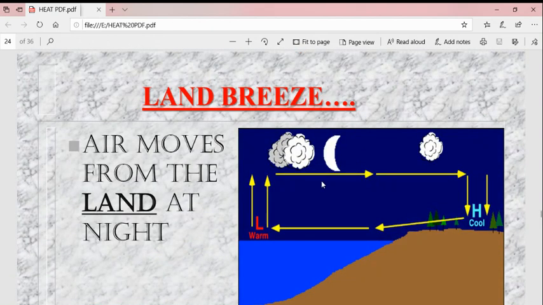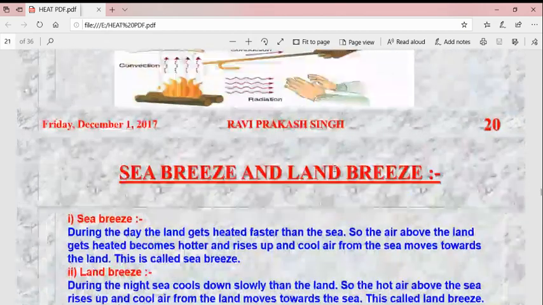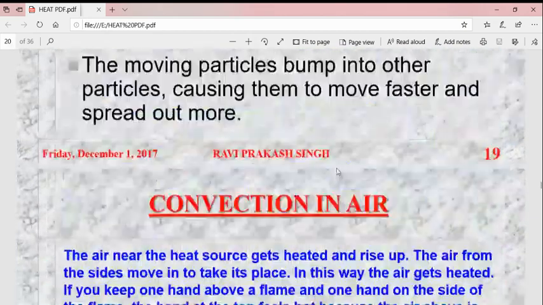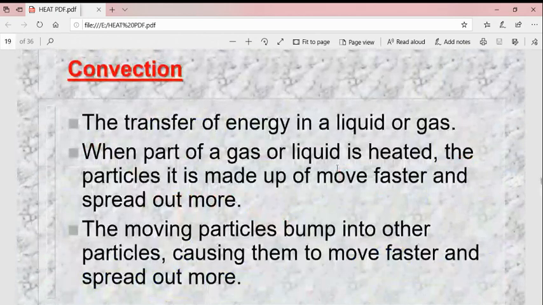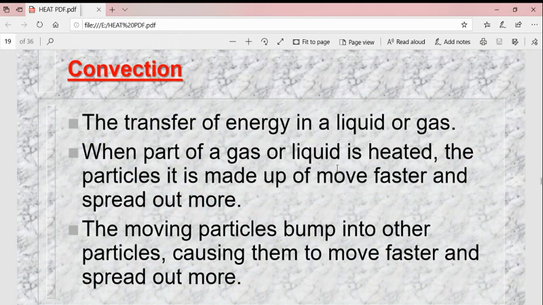Here we have some applications of convection. So what are those applications? Air conditioners are installed near the ceiling of a room because they release cool dry air into the room. As cool air is denser, it sinks, while the warm air present in the room, being less dense, rises. This process continues and results in an effective cooling of the room. So in an air conditioner also this convection process is working.